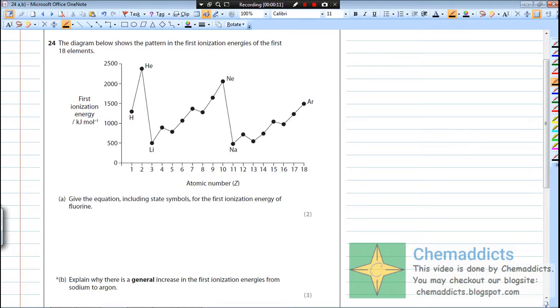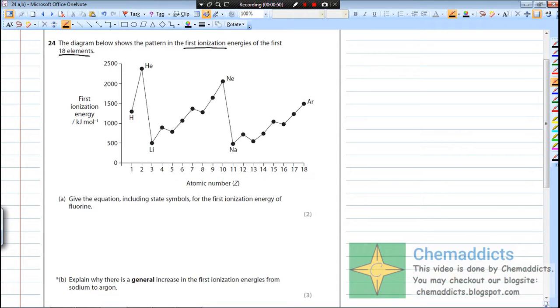Okay, let's start. The question says the diagram below shows the pattern in the first ionization energies of the first 18 elements. As from the diagram we can see, this is the trend in ionization energy